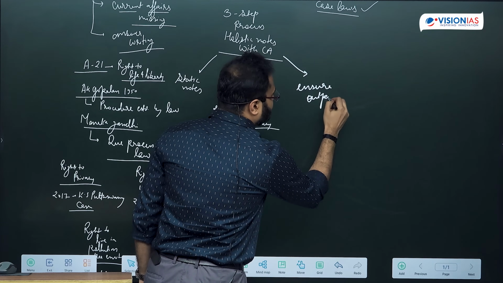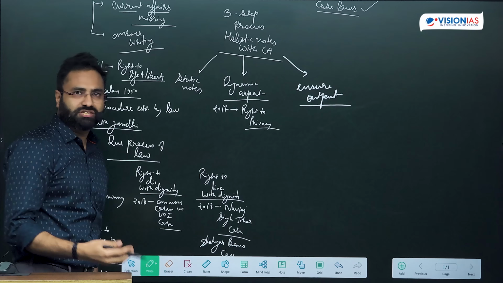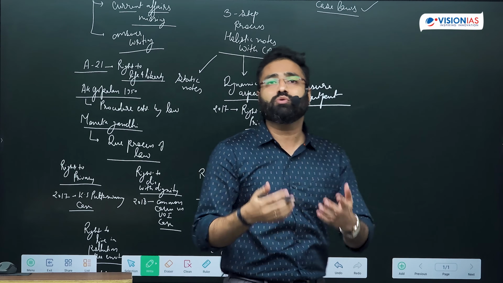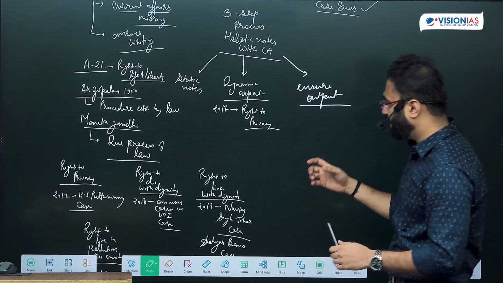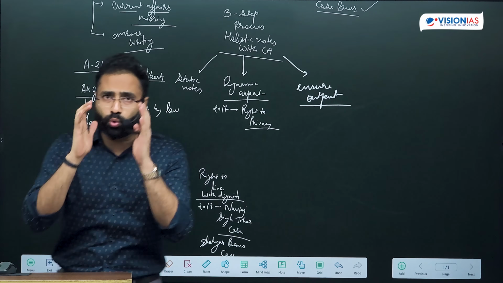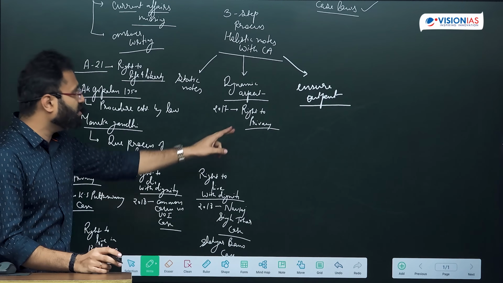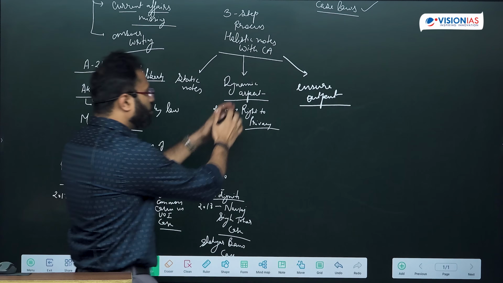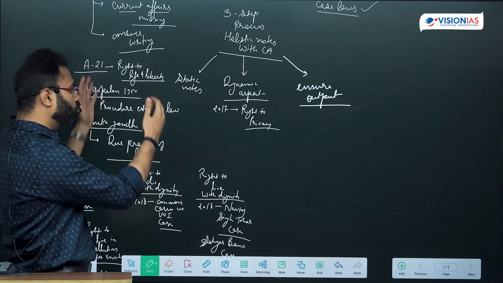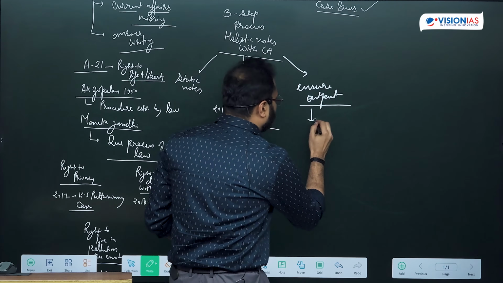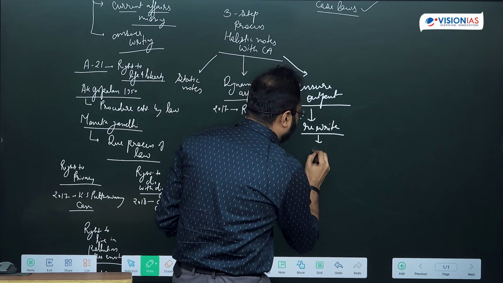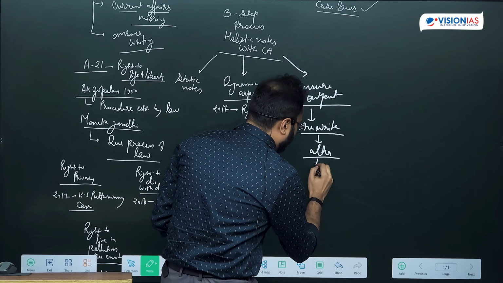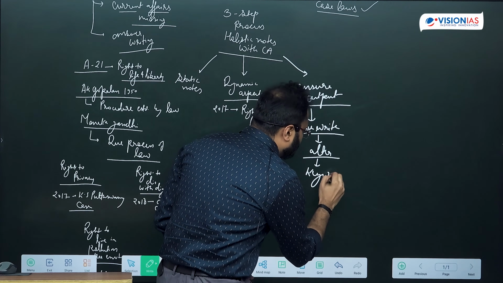The third step in this particular 3-step process was to ensure output. Because see, it's not like you are doing a PhD with respect to these topics. You are not doing law, but you are trying to interpret these things from the examination perspective. So whatever is needed, up to what extent you can write in the examination, utna hi aapko likhna hai. So if after this you think the notes are bulky, then you can